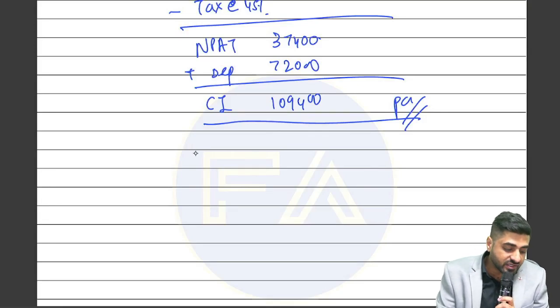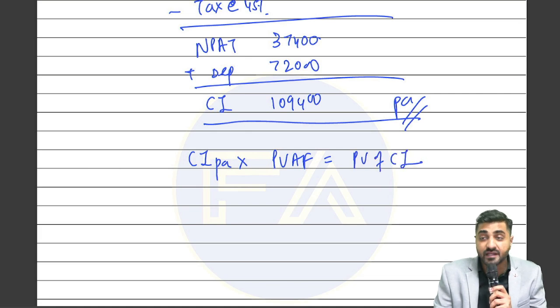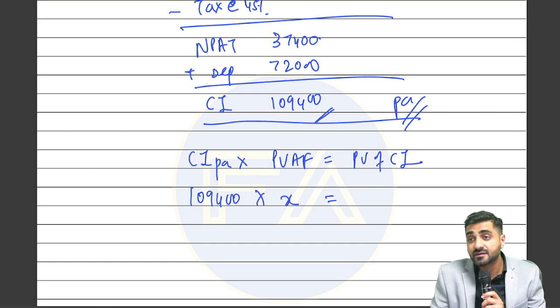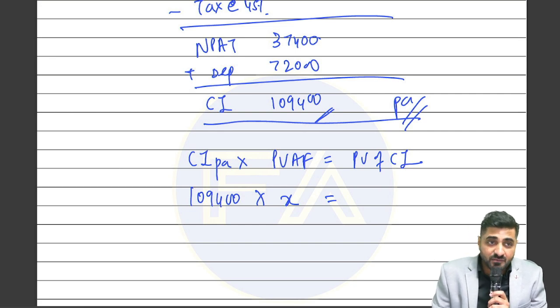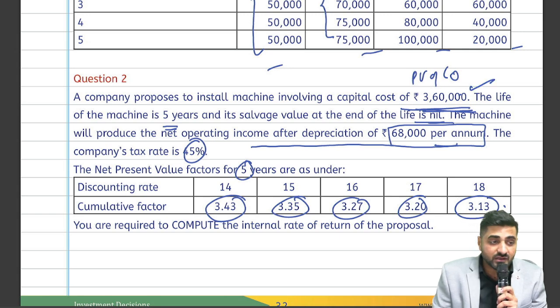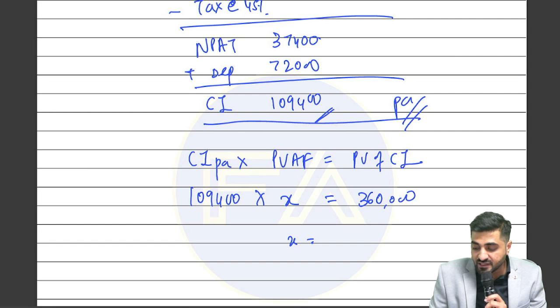If I take the cash inflow per annum, multiply that by the PVF, what do I get? PV of CI. What is the cash inflow per annum? 1,09,400. Let this be X. Both PV of CI and PV of CO should be the same when we are calculating IRR. My PV of CO is 3,60,000. If this is 3,60,000, then 3,60,000 divided by 1,09,400 gives